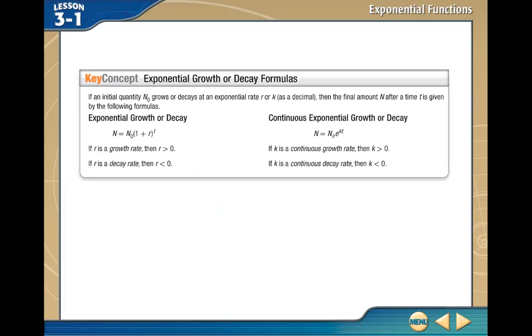And in the question, if we have continuous exponential growth or decay, when it says the keyword continuous, we use the formula N0 times e to the power of k times t. And then N0 is the same thing, initial, and N is the last case. Here e is a number, 2.71, 2.72, approximately one number. And k is the rate like r, it's the same. If k is greater than 0, it's growing. If k is less than 0, it's decaying, decreasing. T is the number of